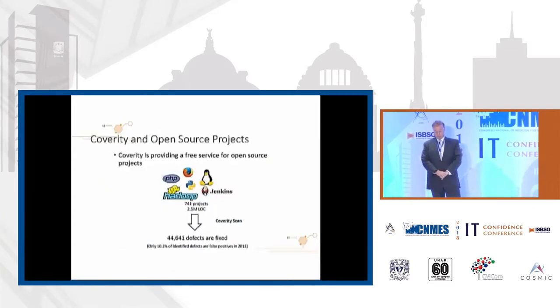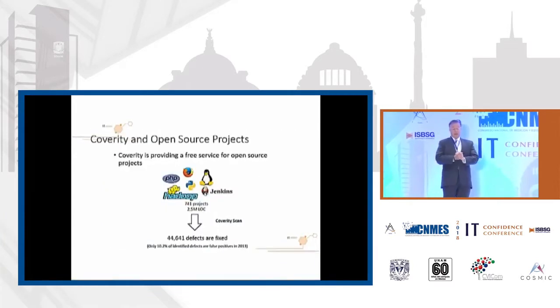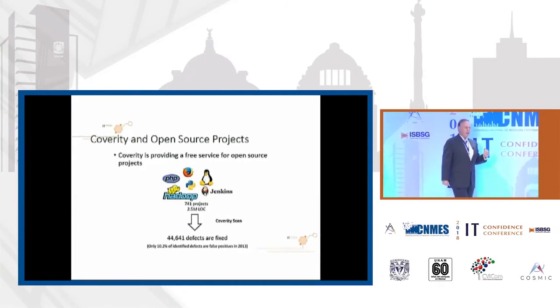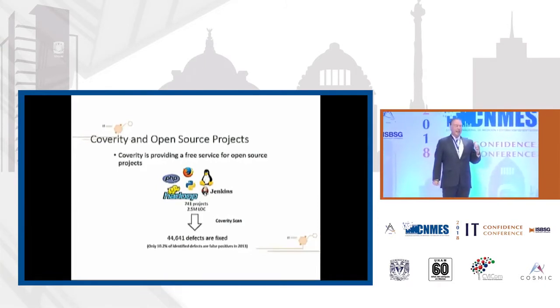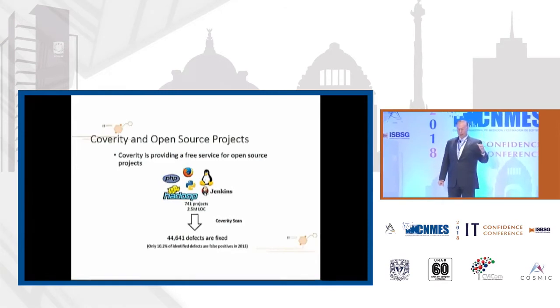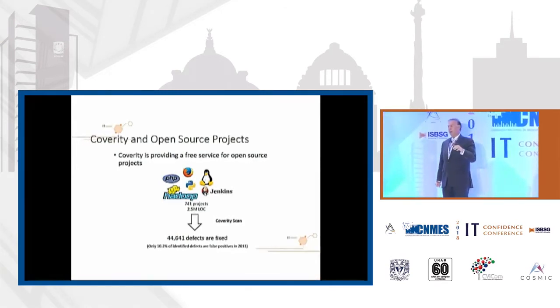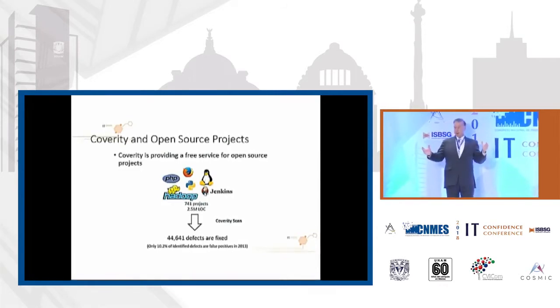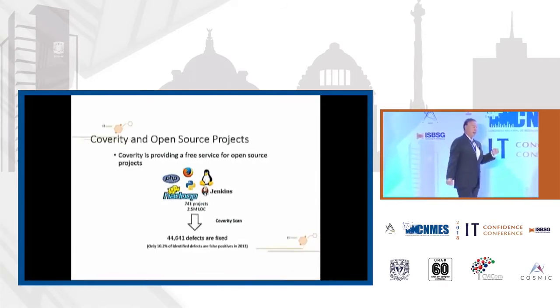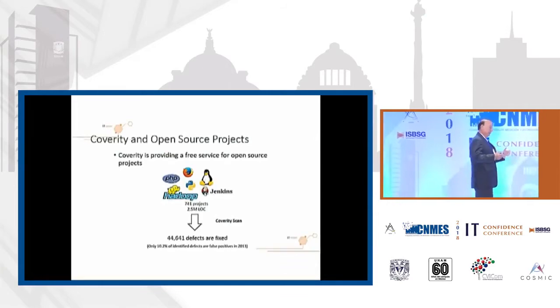Next, please. Now, there's a database called Coventry. They were just acquired by a bigger company, so they might have changed the name. But they have collected defect data and size data for over 700, I think almost 800 projects now. If you're looking to use some open source software, if you go to the Coventry database, you might find its defects and its size in lines of code already available for you. And next, please.